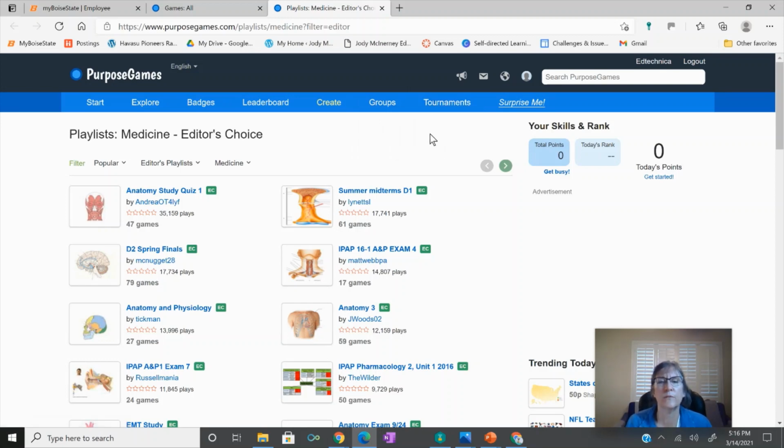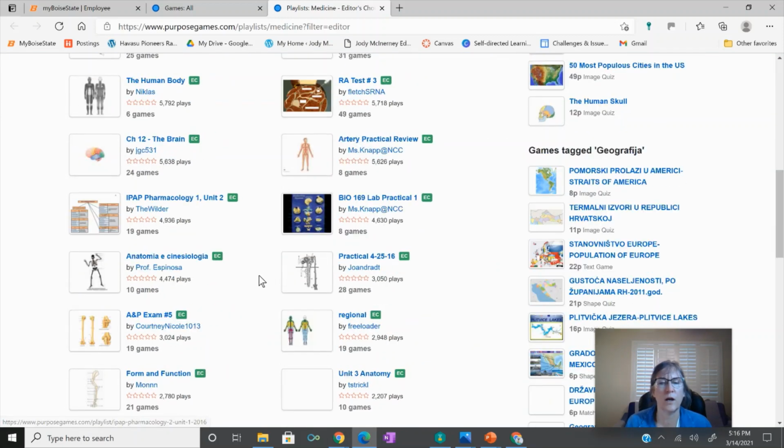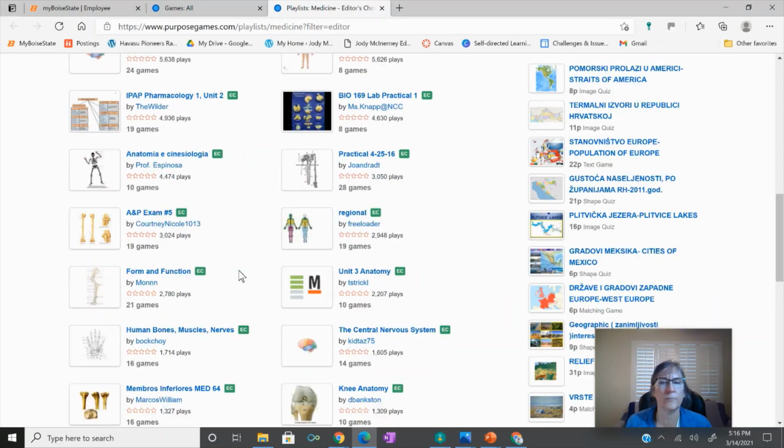So this is really a fun way to get students to engage in those kinds of activities. And one of the benefits of using these types of games for some students is they're competitive, so they want to increase their score, they want to do better, and so they'll keep trying to get up on the